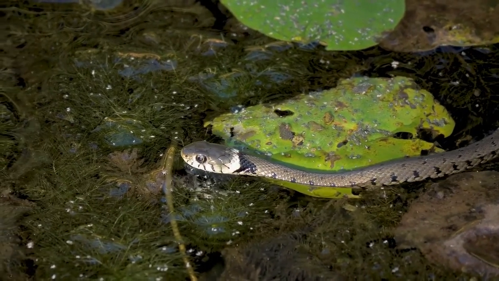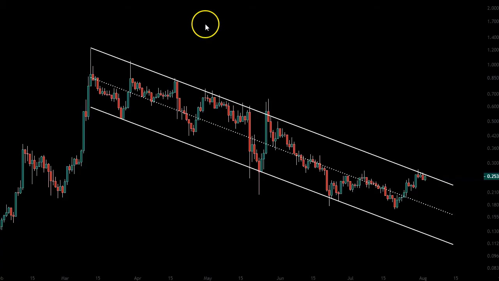Now let me put that bad news on the screen. Ta-da! What you are seeing on the screen is a downward sloping channel that we never came out of. So basically, on the grand scale, from the high of SKALE Network, it was happening all the way till March. Look at this, the 12th of March this year, we are in downtrend from that point. Down, down, down. All of this area, down.